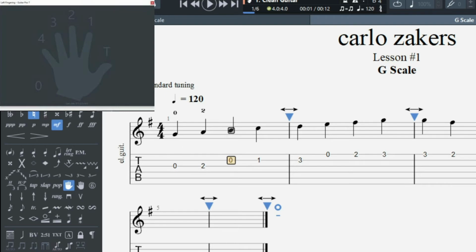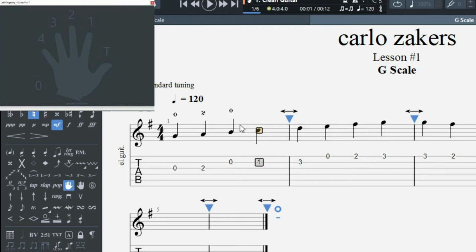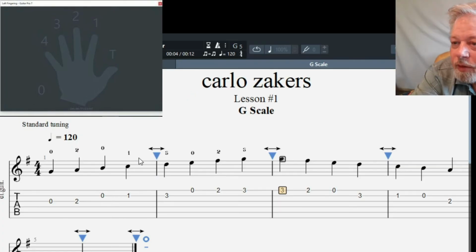Now we're going to do an open B. We're going to do a first finger B, a third finger B, an open E, second fret, which is going to be a second finger. And then we've got the third finger. So as you can see, we've got open, second, open, first, third on the B, open, second, third on the E. So then we can go right back down, third,